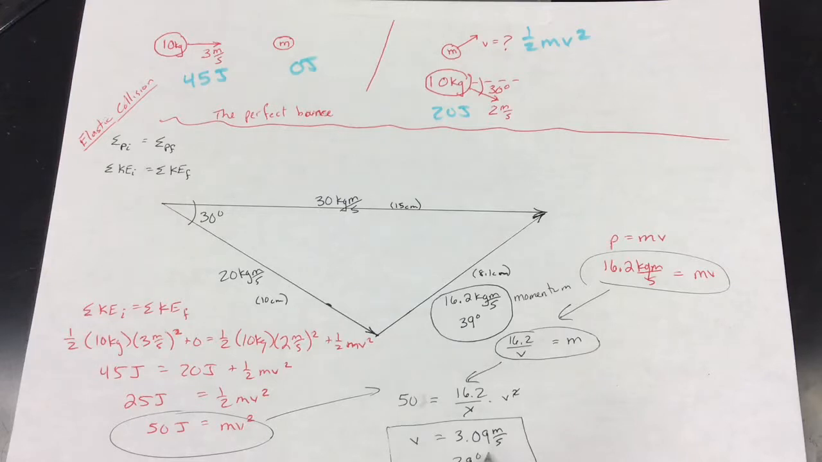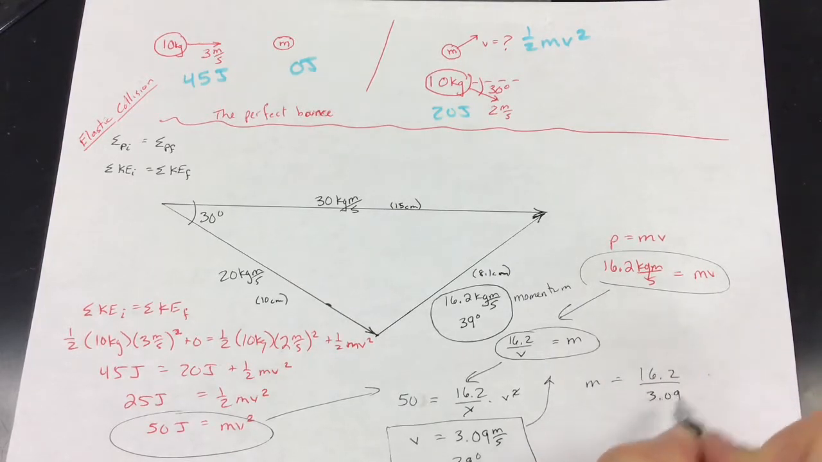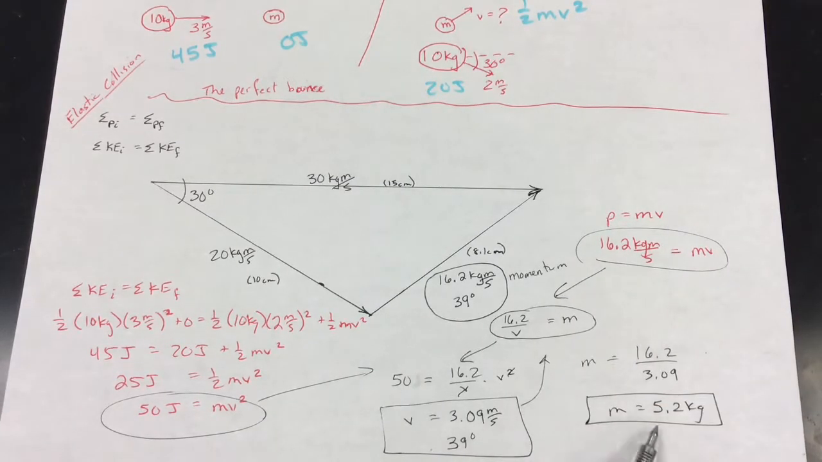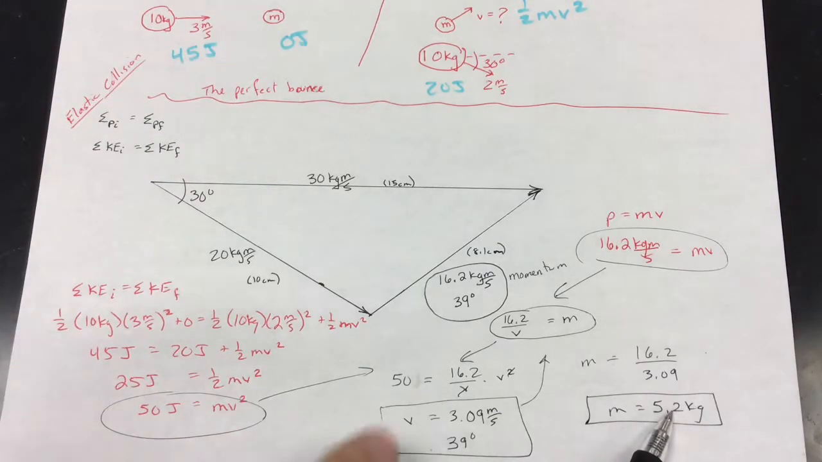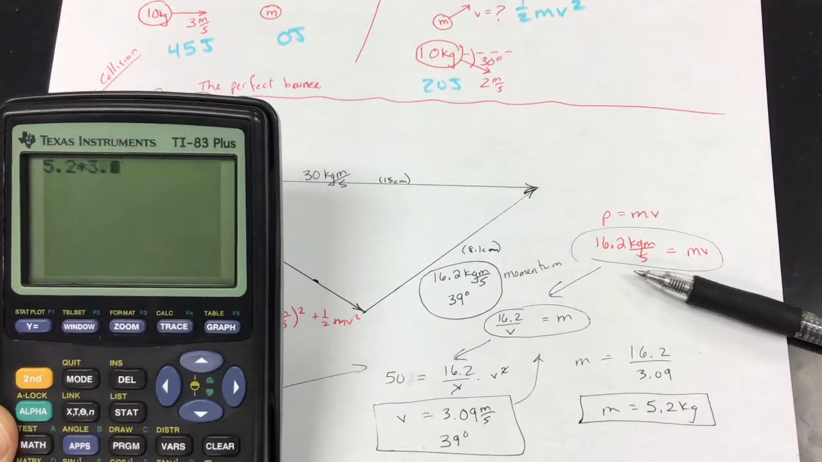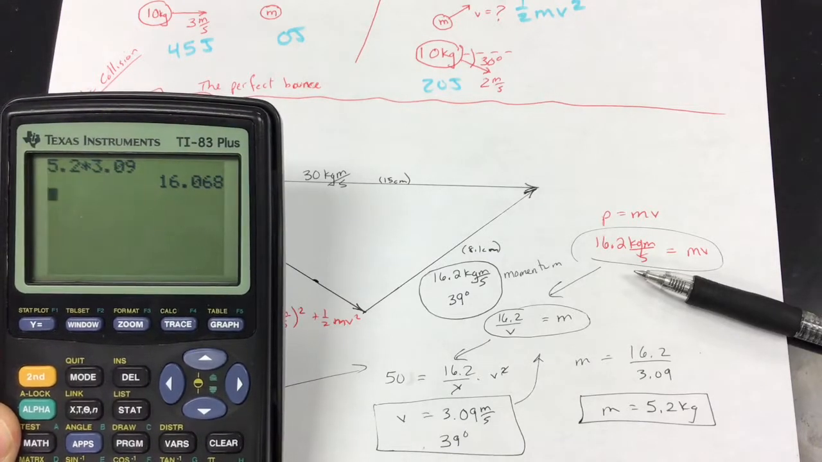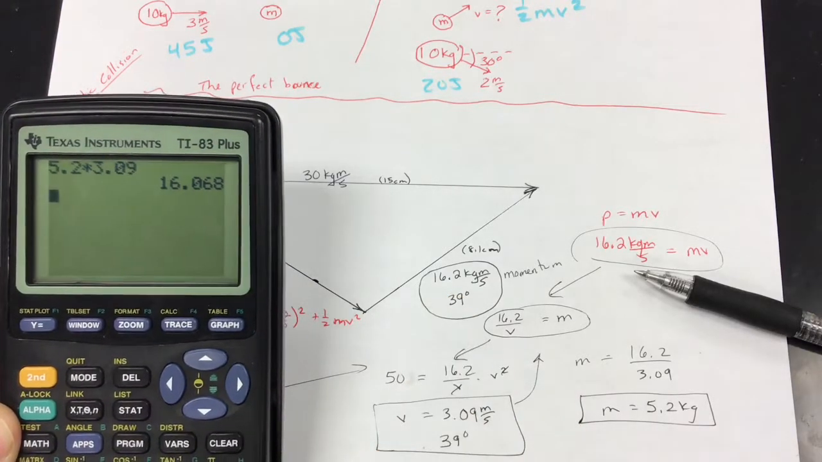Then you can take this 3.09 and substitute back into this. And so m is equal to 16.2 divided by 3.09, and the mass is 5.2 kilograms. So now I have the mass of 5.2 kilograms for this unknown up here, and the velocity, how fast that thing is going, in exactly the proper direction. So now let's back check it. 5.2 times 3.09 equals 16.1. It's a little short of the 16.2, but it's all right. So 16.1